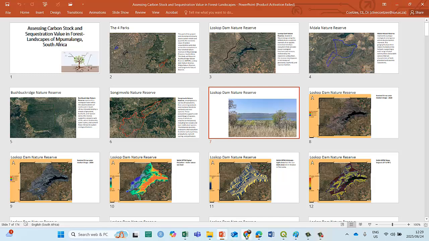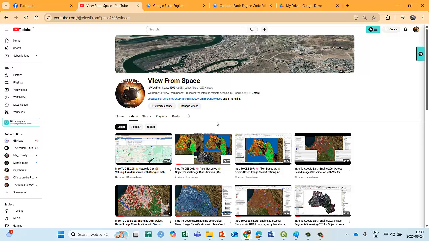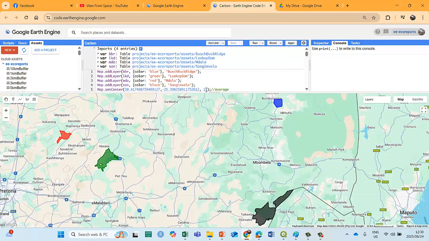If we go back to our script where we left off. Remember, we left off with mapping our 4 reserves, creating a looping function, and then generating a median Sentinel image for 2020 and a median Sentinel image for 2024 to give us an idea of what the reserves look like, what they are populated with.